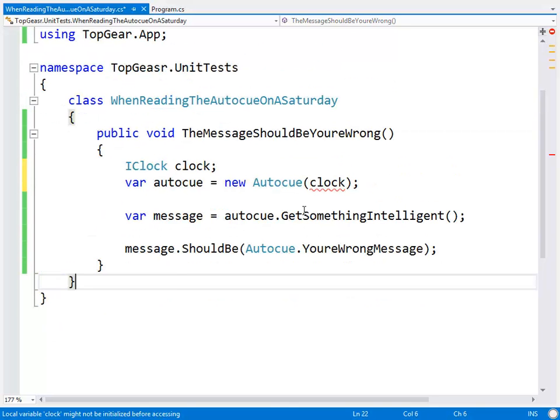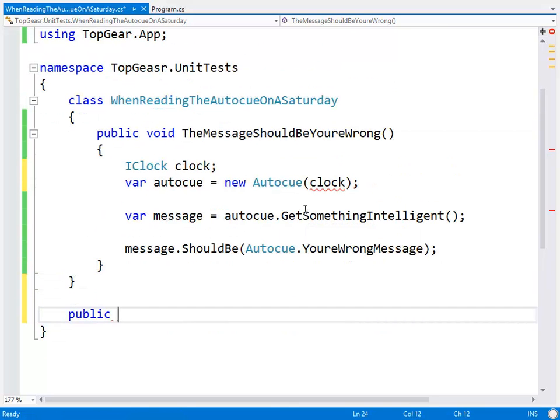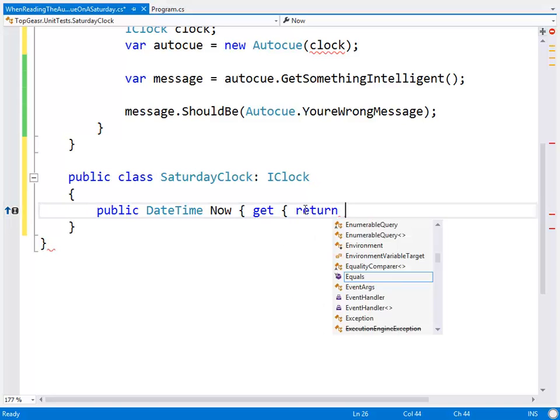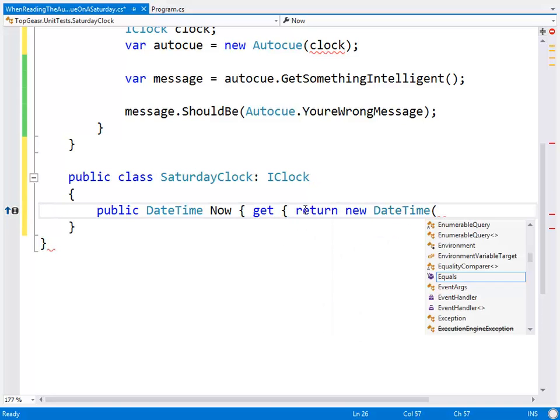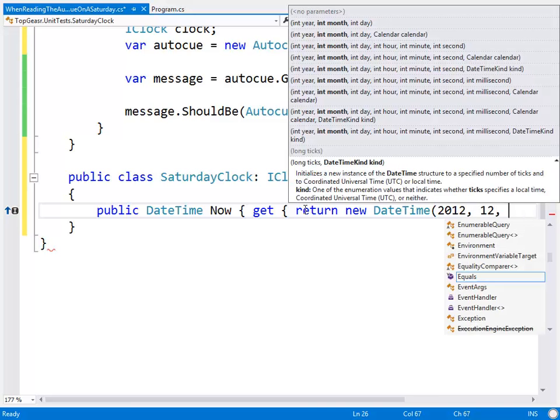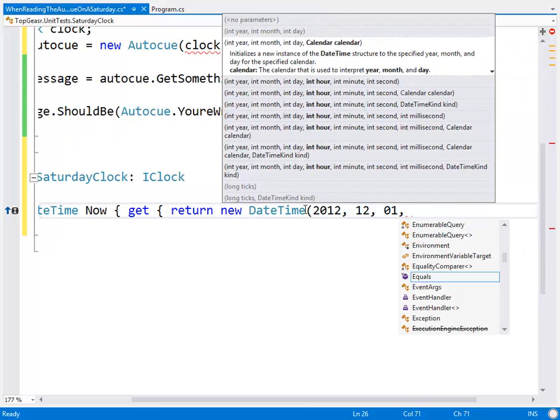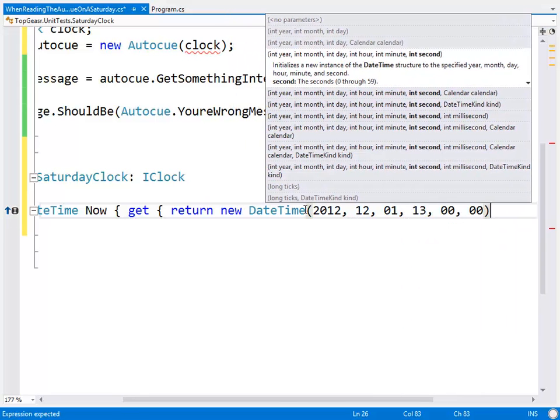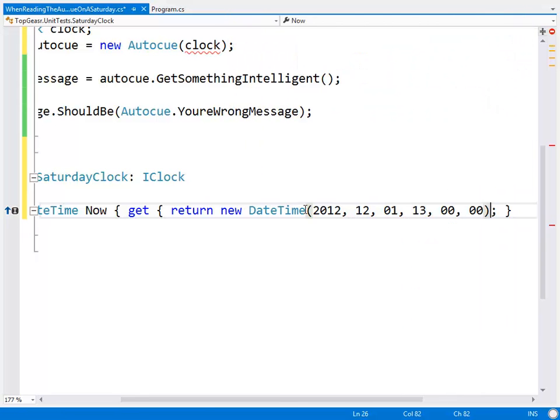What we're going to do is we're going to create a fake clock. Public class, and it's going to be a Saturday clock, which implements IClock, and it's going to return new DateTime from 2012 12/01, and it's going to be, doesn't really matter, let's say 3 p.m. 1 p.m. No, sorry, 1 p.m. That'll do.